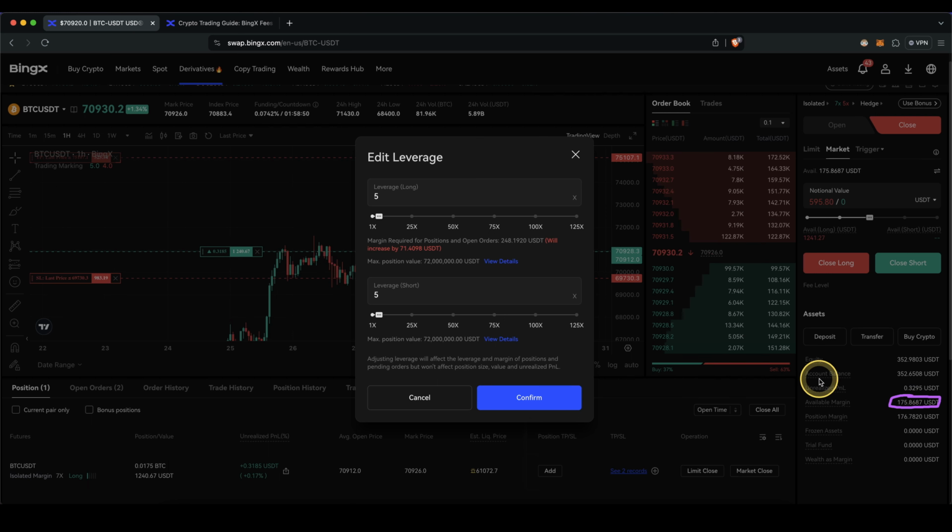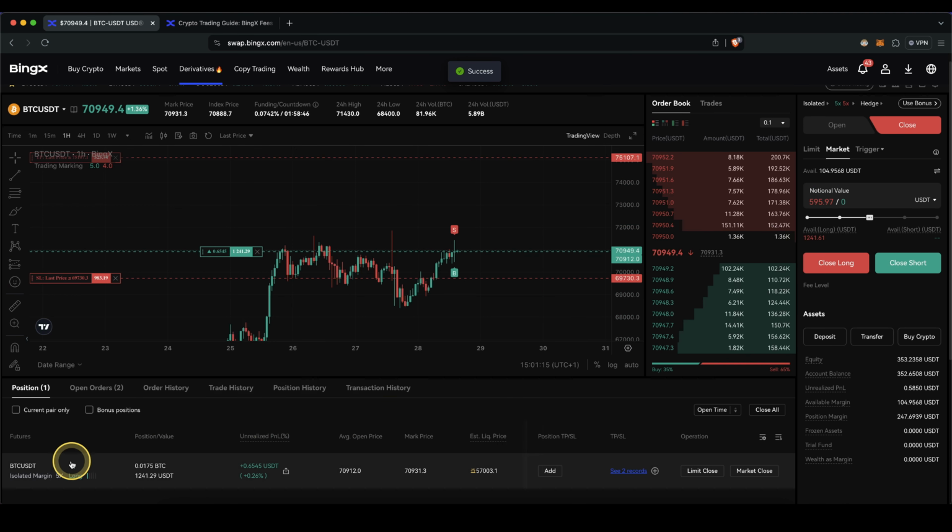I have half the margin left, $270. So this is no problem. I can click on confirm. And now my leverage is down to 5x again. And the position size is also smaller. So this is how I can very easily at any point increase or decrease the leverage as well as the